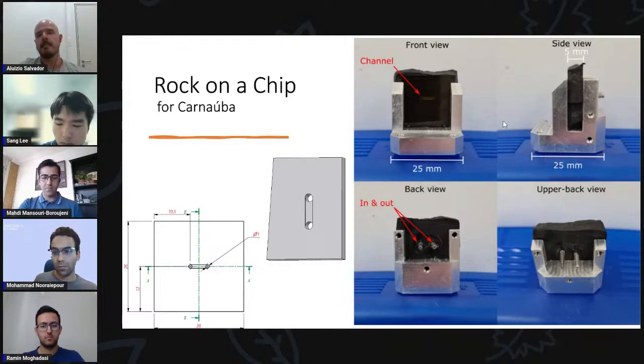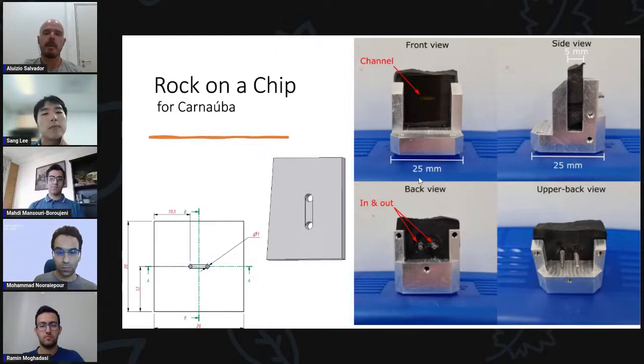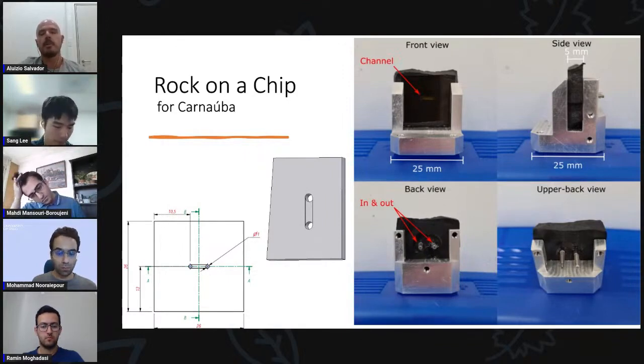Here on the right, in the pictures, we show our sample, or real rock, with 5 millimeters of thickness. On one of the flat surfaces, we have the channel drawn with the 2 holes. And from the back view, we can see the inlet and outlet of the fluid. The goal here is to use a peristaltic pump, so we can inject the selected solution into this part, and we have a controlled environment to analyze the mineralization and the results of the interaction between the solution and the rock.